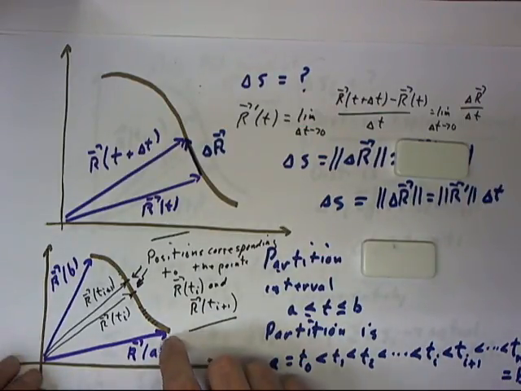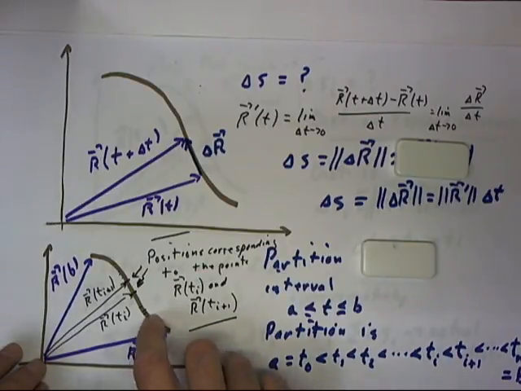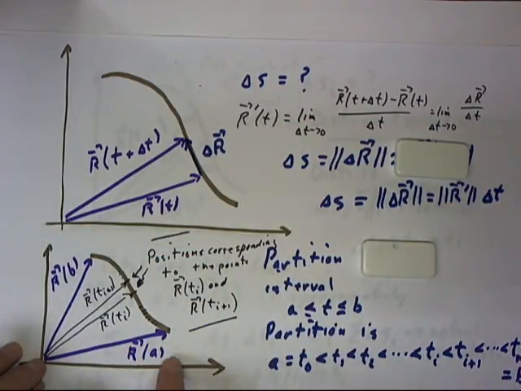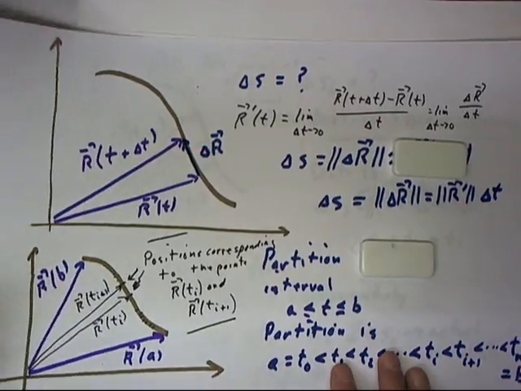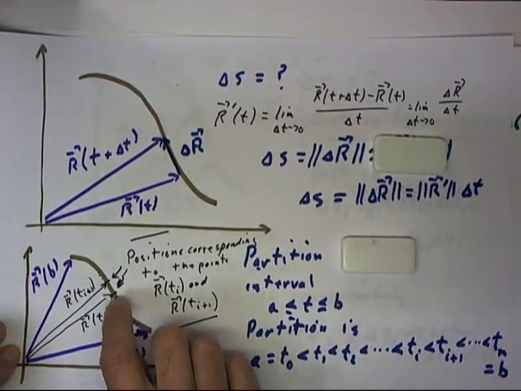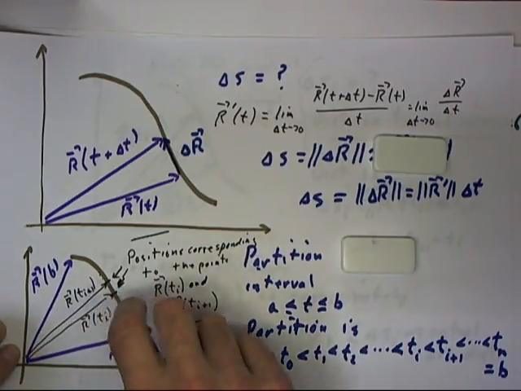So to find the arc distance between the point defined by R of A and the point defined by R of B along the corresponding curve, we partition the interval between t equals A and t equals B, and for each sub-partition, for each interval in the partition, we are going to choose the